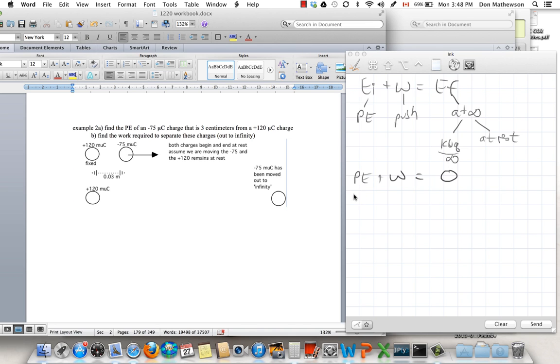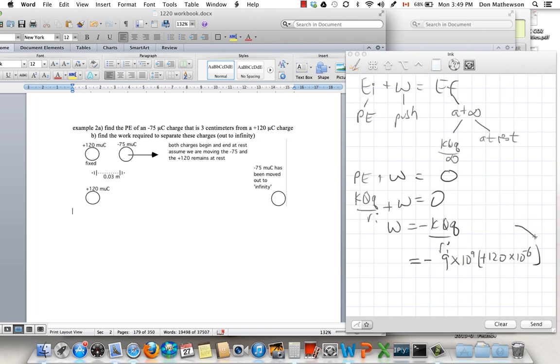So the potential energy is just going to be kQq over r initial. And so we bring this over to the other side to determine the work. So keeping the minus sign, k is 9 times 10 to the 9. So the two charges, first of all, we've got positive 120 microcoulombs. Then we've got,